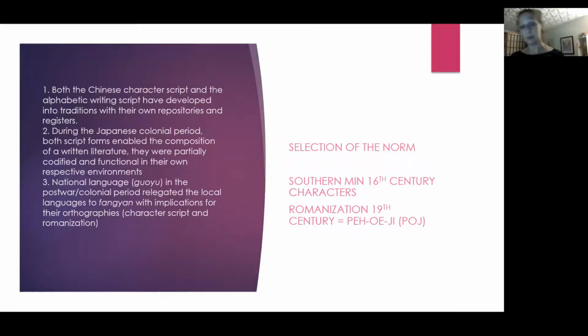So one of the emerging literary standards, on the one hand, was folk plays and stories, and a second writing script, and there come all the complexities, was that